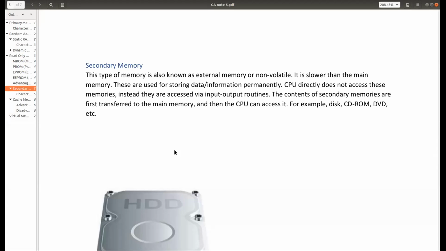Now if you think these auxiliary memories are not as important as a hard disk or RAM, why? Because your computer system can run without this. This is the additional memory that you are using. Even an external hard disk, some hard disks are external hard disks, which you can connect with your computer externally. This kind of memories are known as auxiliary memories.